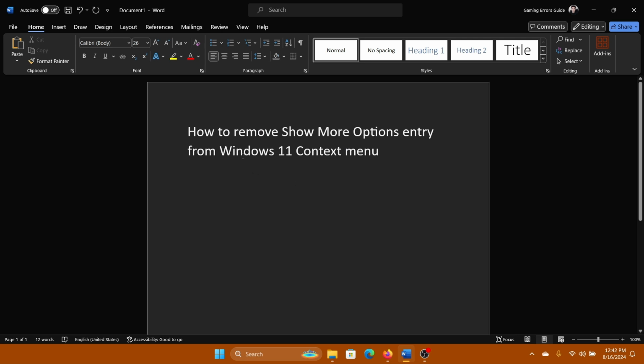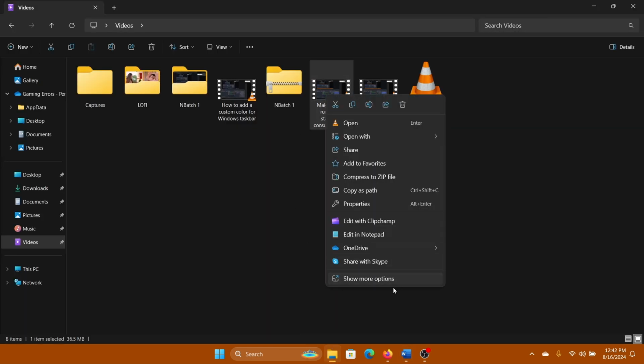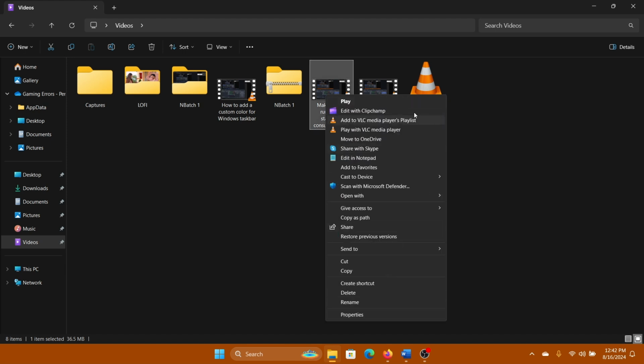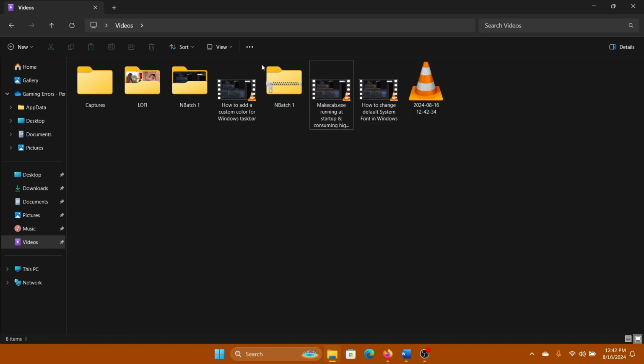Hey friends, if you wish to remove the show more options entry from the Windows 11 context menu, then please watch this video. I will guide you through the procedure. Now the context menu usually has show more options as an entry. Upon clicking it, you can access the older context menu, but if you don't want it, then simply click on